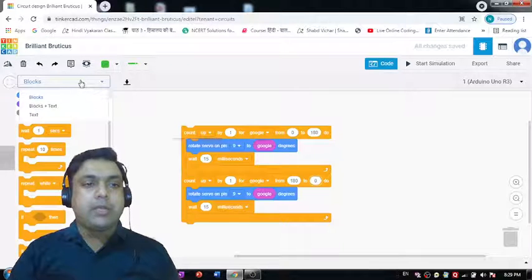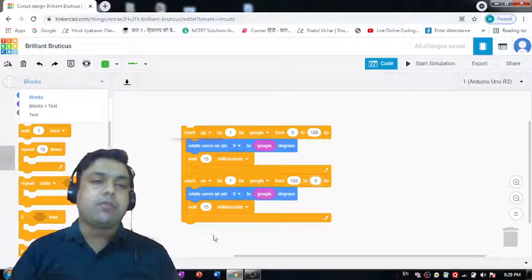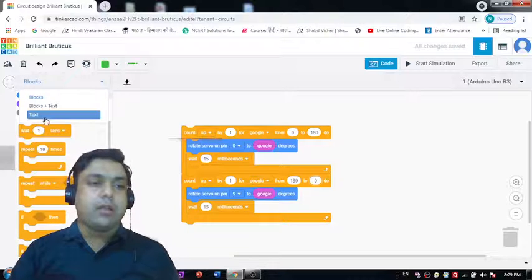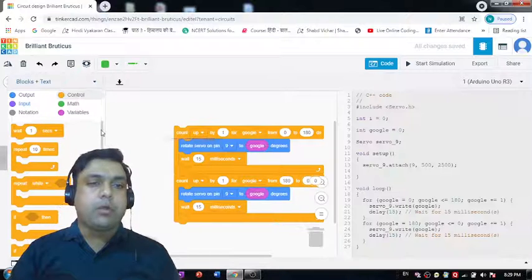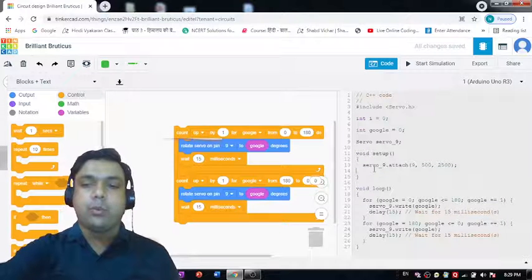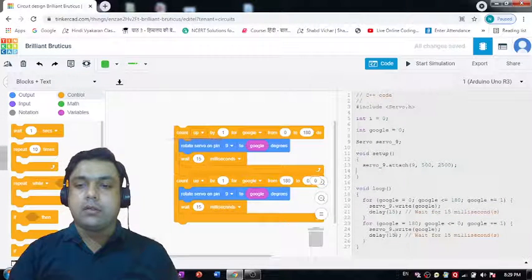Now let me show you the text based coding which this block based coding we have defined in this coding workspace has generated for us. We can change it to blocks plus text, and that's what you will see over here, right? So this count is nothing but a for loop. Remember this thing.